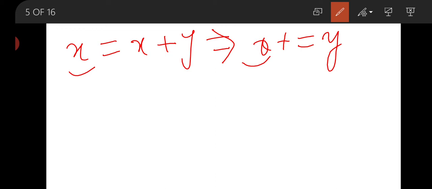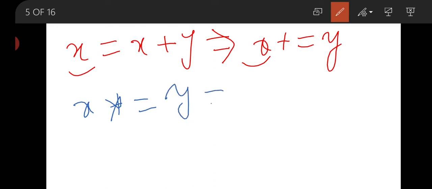You can use this operator with different operations, like x multiplied by equal to y.